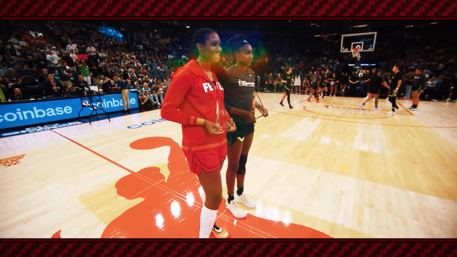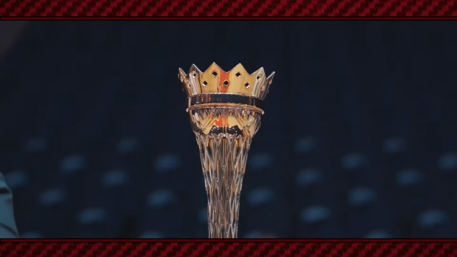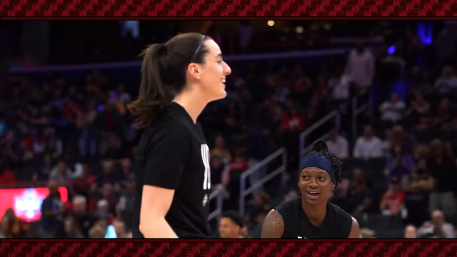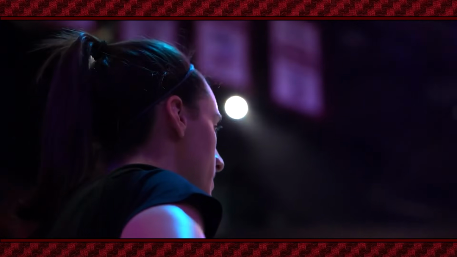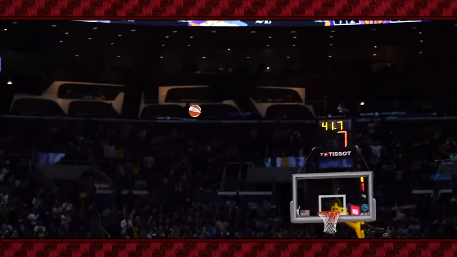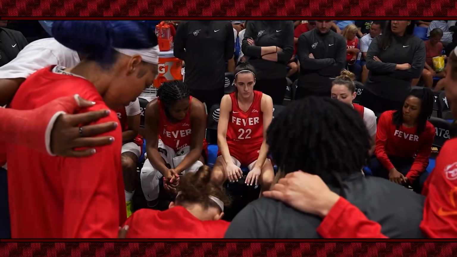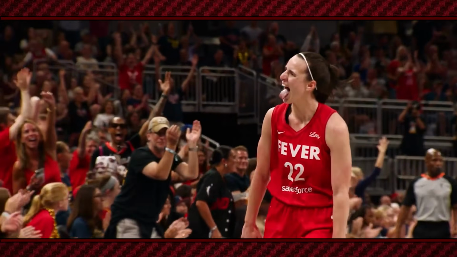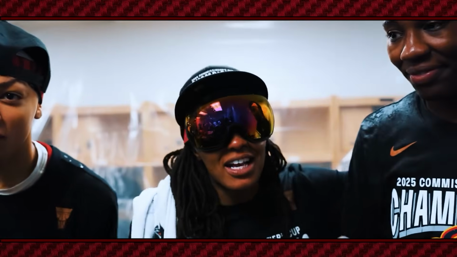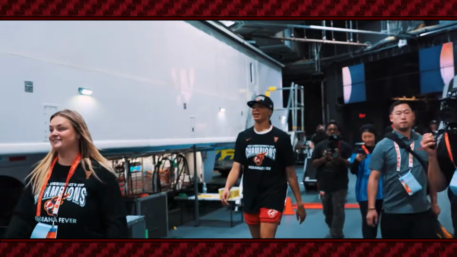This expansion creates a coverage gap that New Zealand struggled to manage. To account for her range, the New Zealand center was often forced to hedge higher than usual, leaving the interior of the defense unprotected. This structural compromise allowed Team USA's post players to operate with a freedom rarely seen in international competition. The resulting high percentage shots at the rim were a direct byproduct of the perimeter gravity Clark exerted, proving that her value is often found in the space she creates for others, rather than the shots she takes